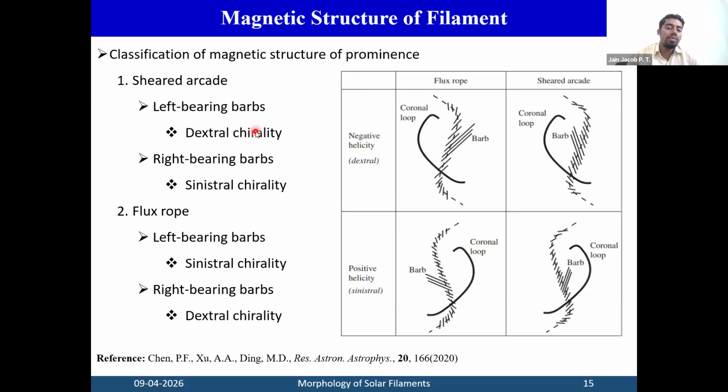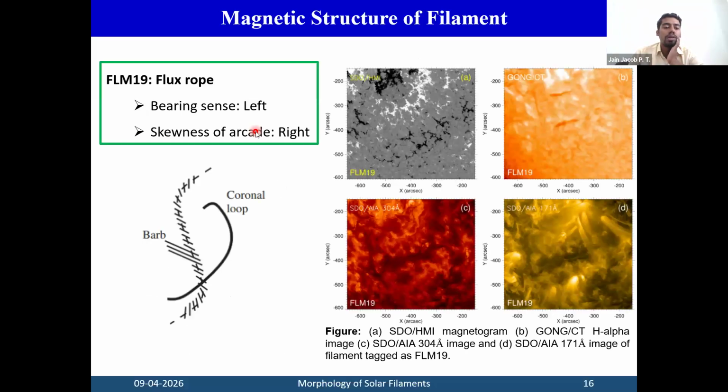If the filament has left bearing barbs with dextral chirality, or right bearing barbs with sinistral chirality, it can be classified as a sheared arcade morphology filament. If the filament has left bearing barbs with sinistral chirality, or right bearing barbs with dextral chirality, it has flux rope morphology. So this is one example of a flux rope morphology filament. We found this filament having left bearing sense and right skewness, and this is the schematic